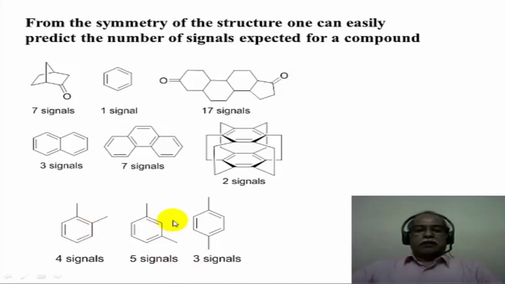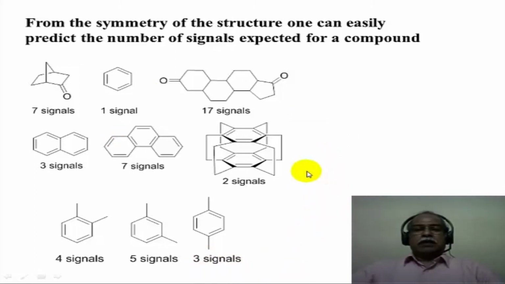Here also there is a plane of symmetry. The plane of symmetry passes through this carbon and this particular carbon. So there is carbon 1, carbon 2, carbon 3, carbon 4 and carbon 5. There will be 5 distinct signals for 5 different carbons in this molecule. On the other hand, this has a plane of symmetry in this direction as well as in this direction. So there are only 2 types of ring carbons, the ipso carbon and the ortho carbon. So this gives 2 signals and the methyl gives a 3rd signal. So there are totally 3 signals observed for the paraxylene molecule.